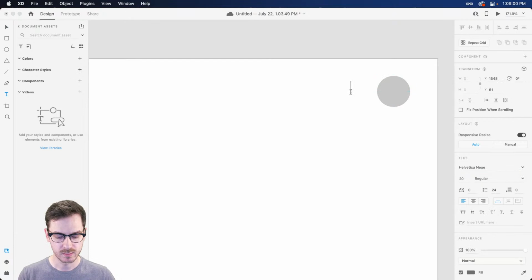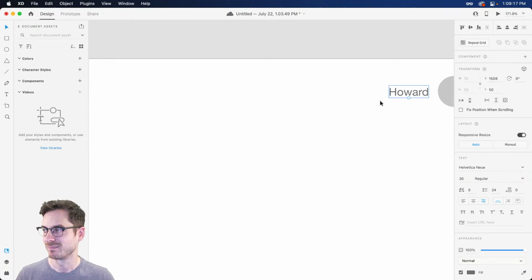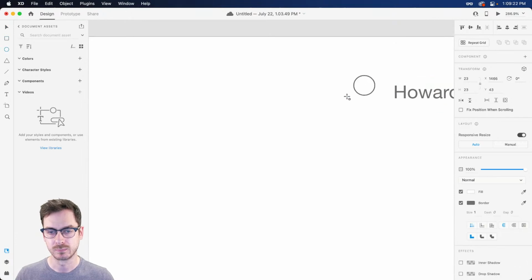And then we'll probably want the person's name over here. I'm not too worried right at the moment about typefaces. We're going to get into that in a little bit, but for all intents, Comic Sans, right? Yeah. Okay, probably not. And then we'll probably want something like a notification bell over here.